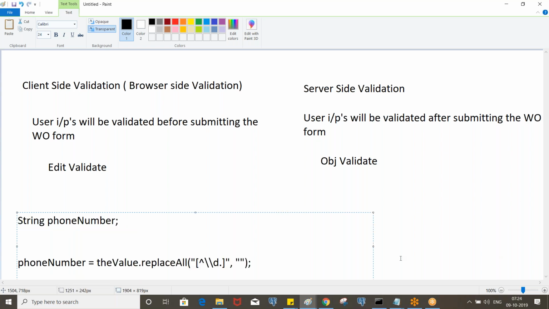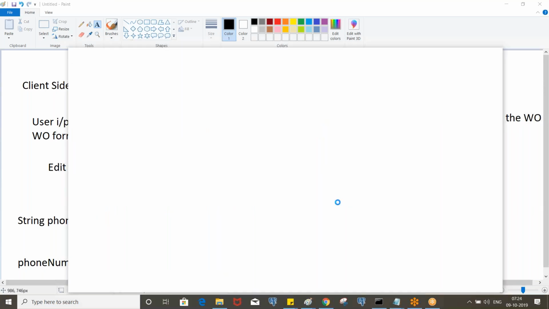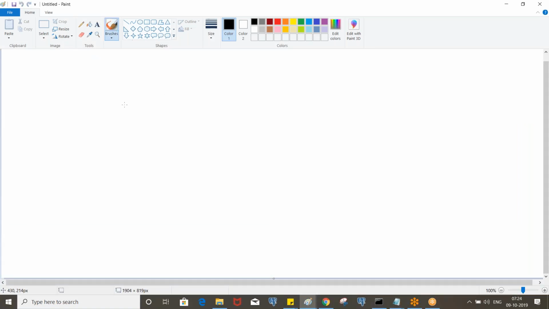But in a project, if you don't know Java code, the people who know Java will generally do it, or else you can find the code on the PDN and copy it. You can do it that way also.